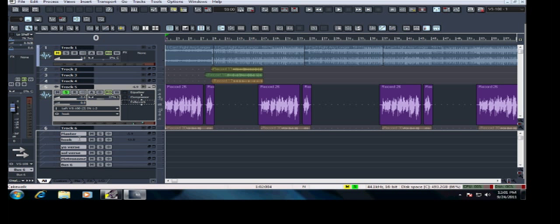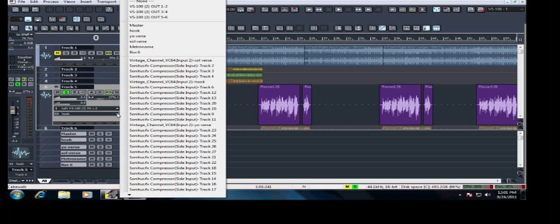Basically, to add a bus, I just right click, you get insert stereo bus, and you can name it whatever you want. I've named one hook right here. And in order to direct it to my bus, basically just take the track on the output. Instead of it going to the master,